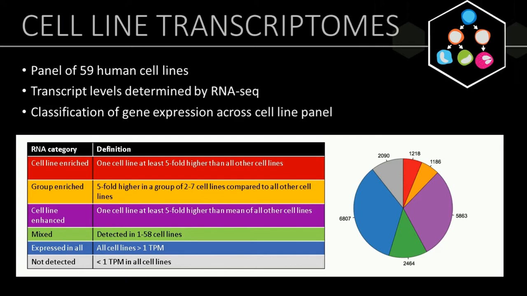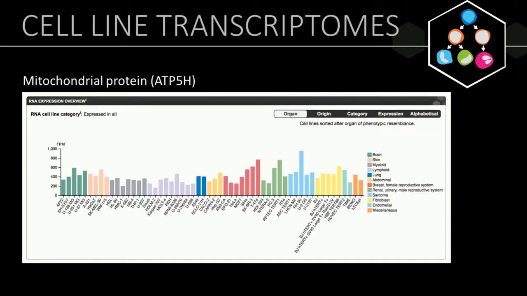And you can also have a look at this data on a gene-by-gene basis. So I'm going to show you some examples. This is a mitochondrial protein that is classified to be expressed in all cell lines. And as you can see in this chart, the level of expression is rather similar across all 60 cell lines